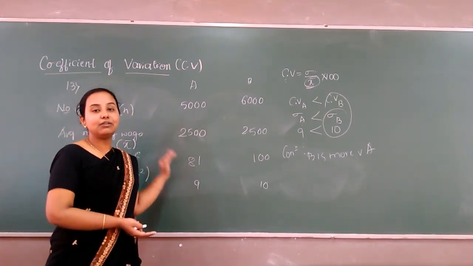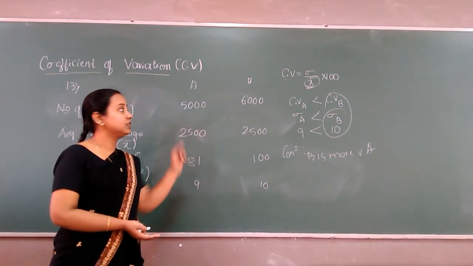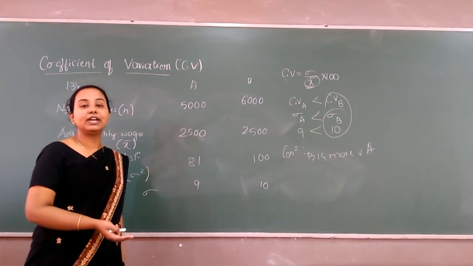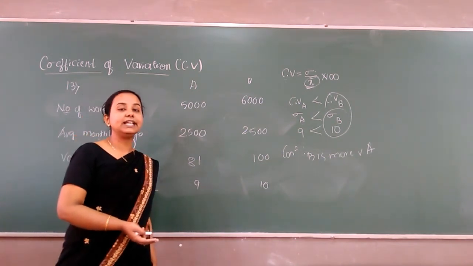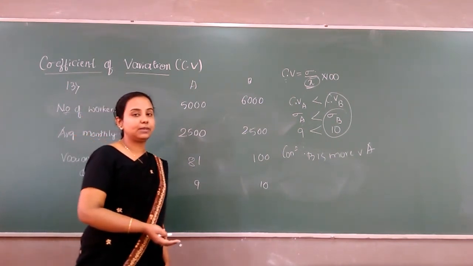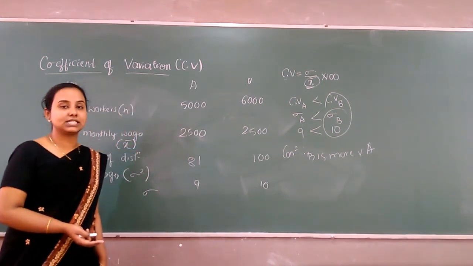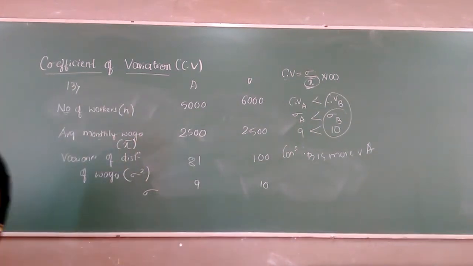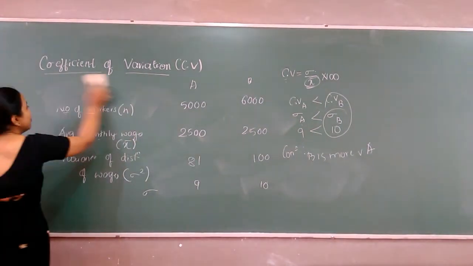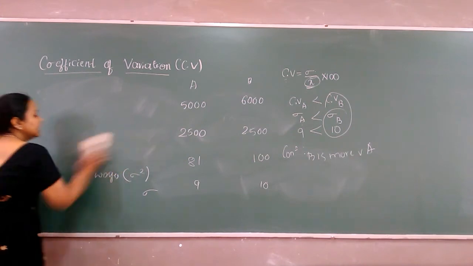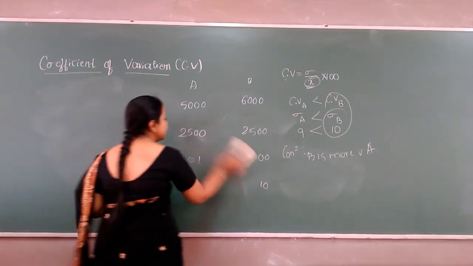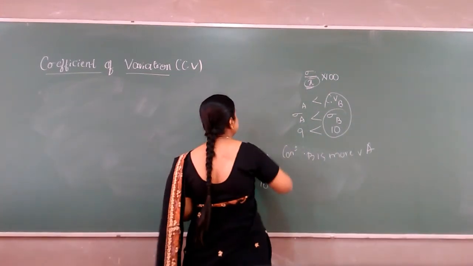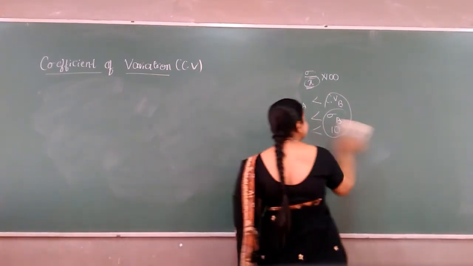Knowing mean and variance or standard deviation, we can calculate coefficient of variation, and knowing coefficient of variation, we can finally conclude which is more variable or which is more consistent. Okay, so now let us consider our next example to understand this coefficient of variation in a still clearer manner. Till now you have dealt with only one distribution.